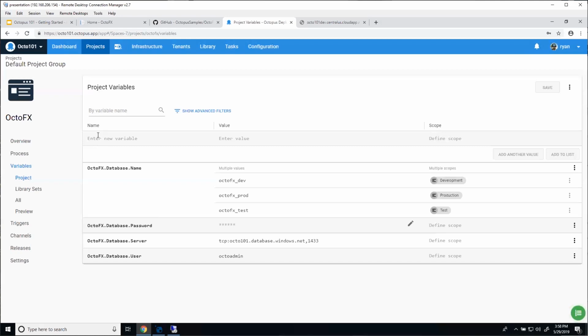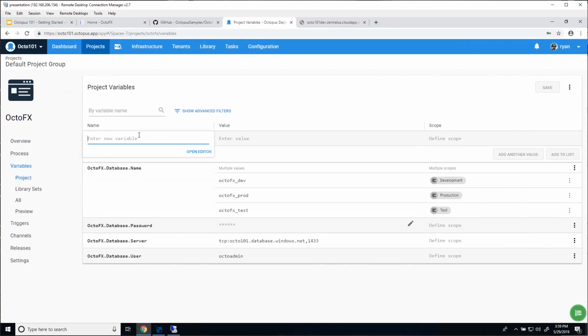And I need a full connection string to tie all these together. The sensitive variables, that's also not just for passwords, but good for anything that you don't want to be in your config that you want to keep safe. So like API keys is another good use case for those. Anything that you would want to mark sensitive, that you wouldn't want people to be able to generally see